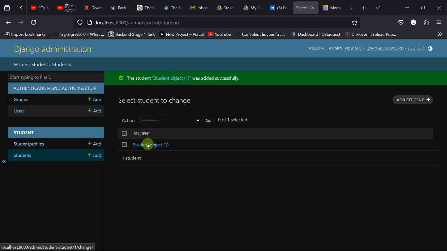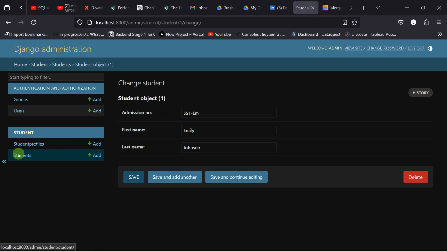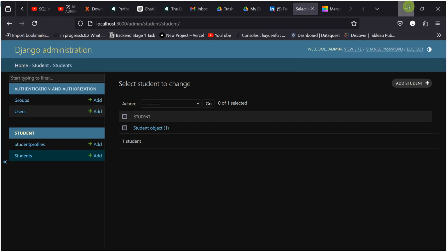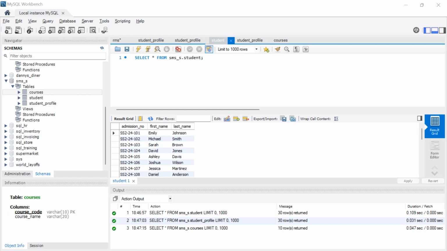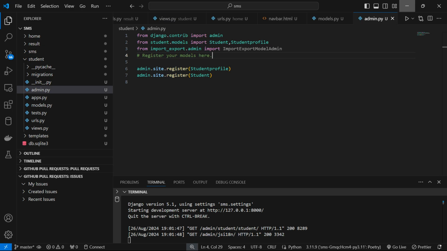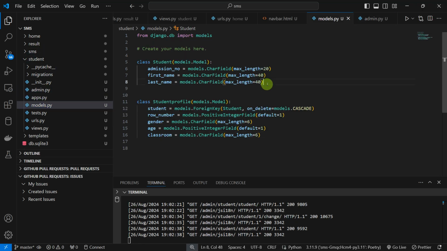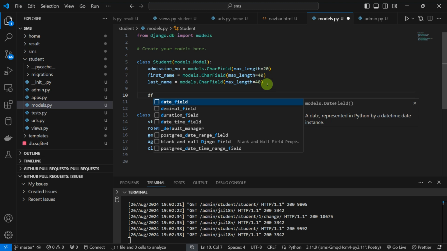I've created a new object, but it's saying student object, and we don't want it to be student object. We want it to at least show some information here, like admission number, so you'll be able to identify it visually. In order for me to do that, the reason why this didn't show is because I also need to tell the Django models that this is what I want to do. I'll go to my student models.py. I'll create a function called